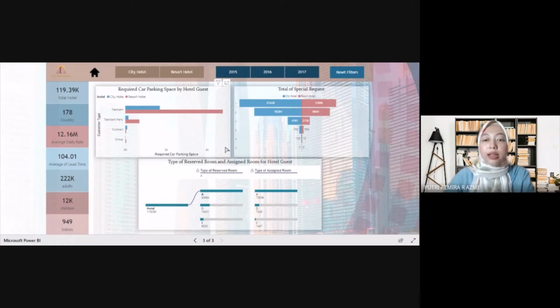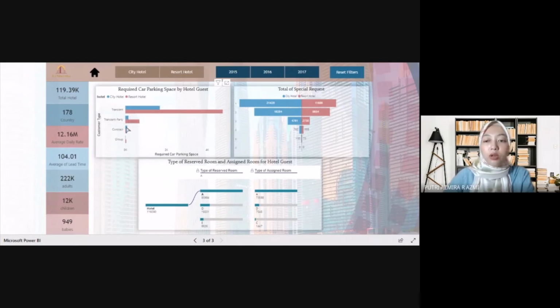And the knowledge that can be extracted from the graph is that most of the transient guests, which are the people who stay for a short time in the resort hotel, prefer to come to the hotel by their own car. This can be proven by looking at the chart, where nearly 5,000 guests require parking spaces in their booking hotel. However, if the guests come to the hotel by group, like a school trip, company trip, or any